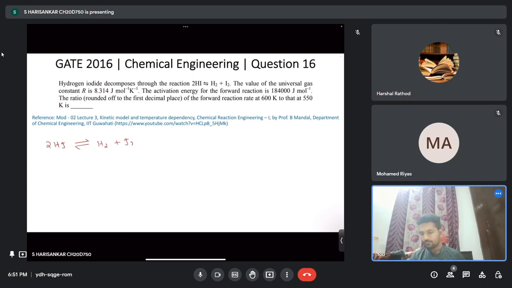Now they have given us that we need to find the ratio of forward reaction. Let's say K1 is the forward reaction and K2 is the backward reaction. What we need to find here is the ratio of K1 and K2. We can find this by using Arrhenius theory. And by Arrhenius theory, K1 by K2 is nothing but exponential